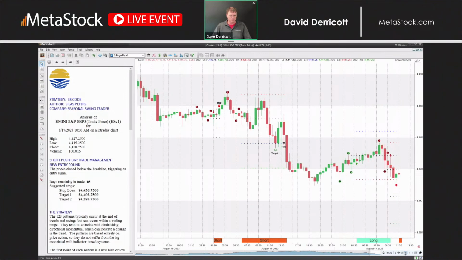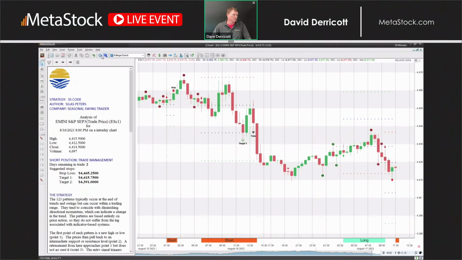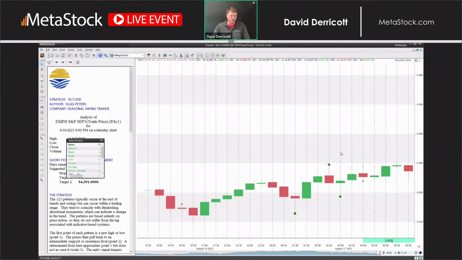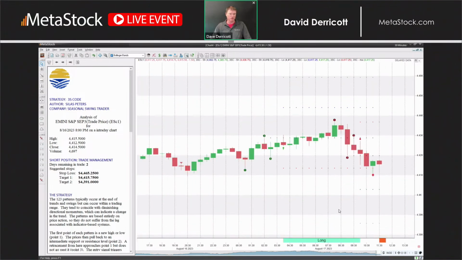Back here, let's zoom in a little bit more so we can make this bigger. Right here is a really good example of this. So you have your 1, 2, 3 setup, and then you got your entry signal, and then you've also got your long profit targets and your break line, and then also your stop loss line down here. So it is a very good system for reversals. If you're the type of trader that's what you're looking for, a reversal system, and this is pristine.